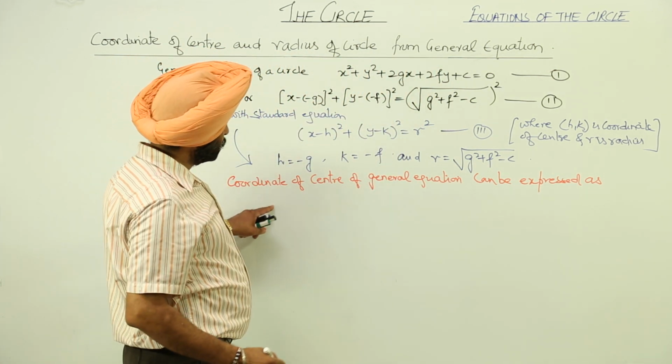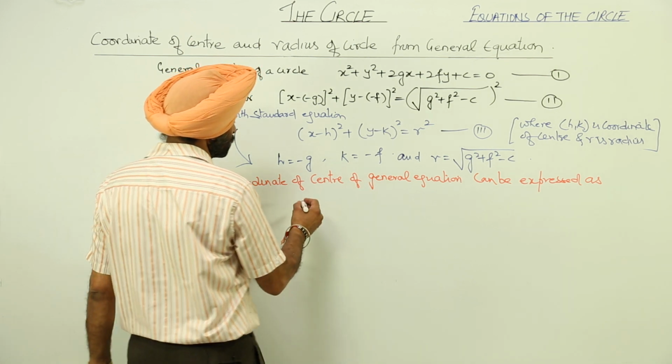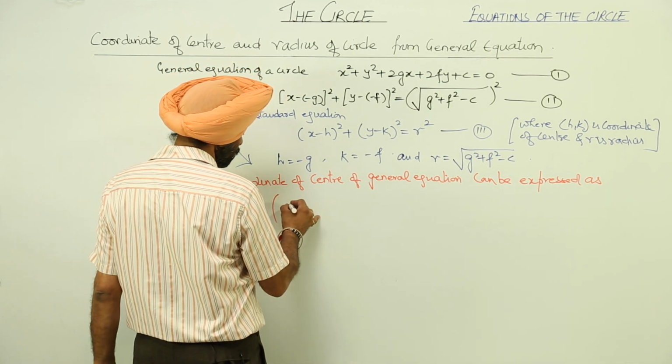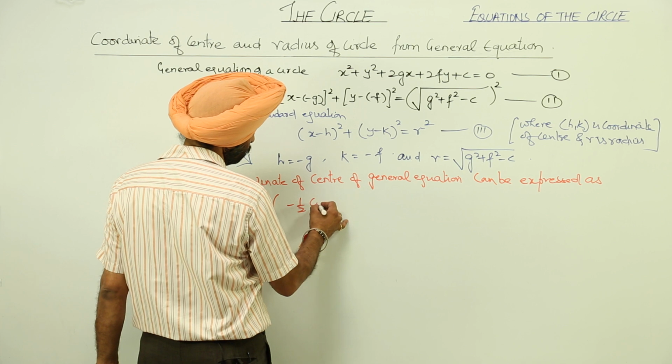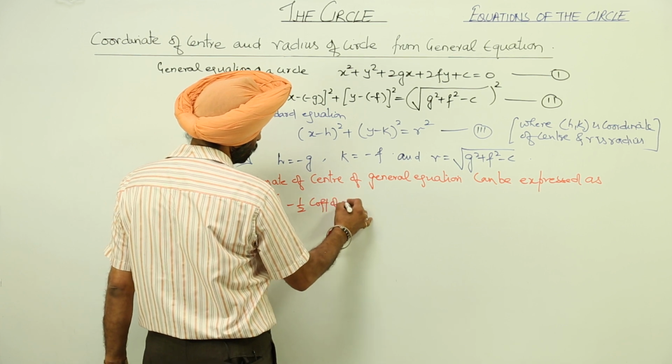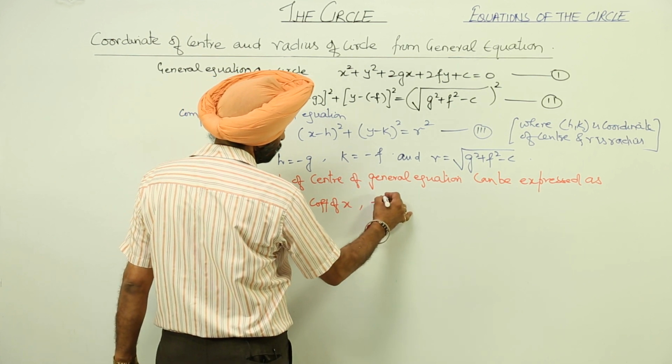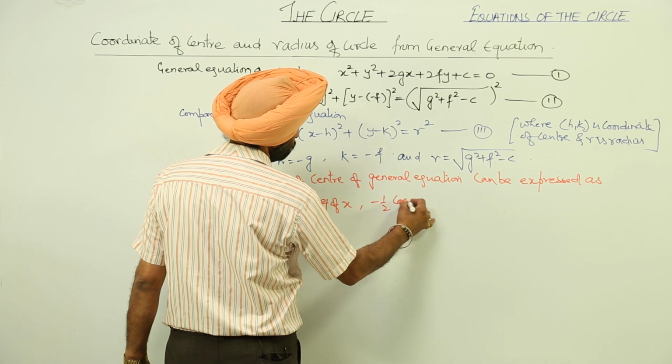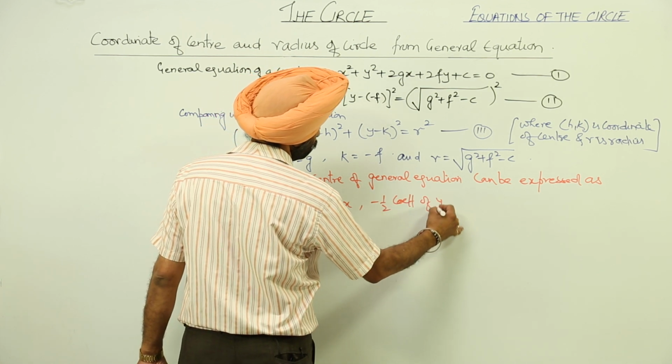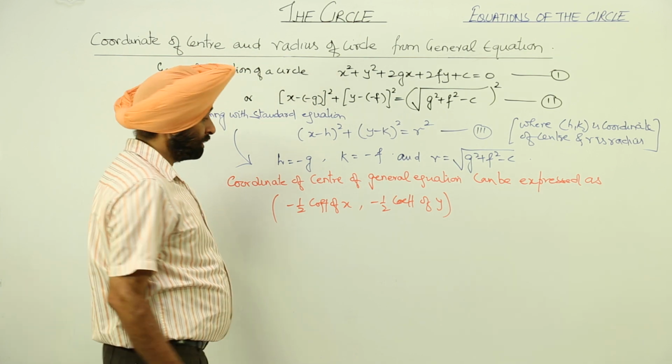So, the coordinates of the center of the general equation can be expressed as negative of half coefficient of x comma negative of half coefficient of y,